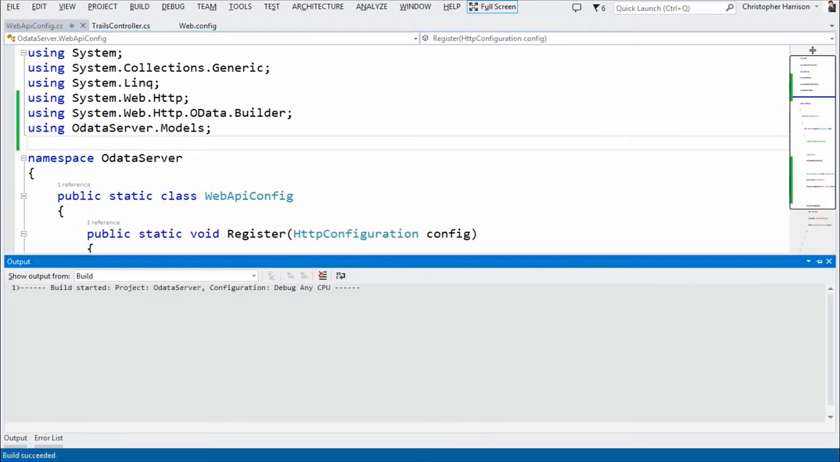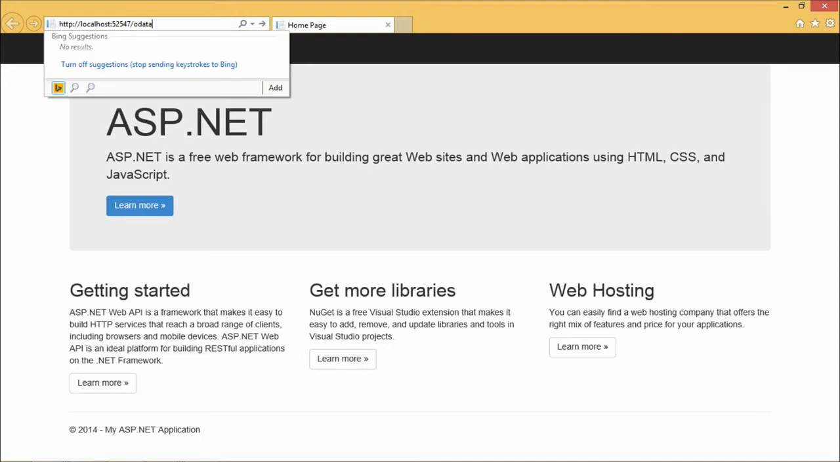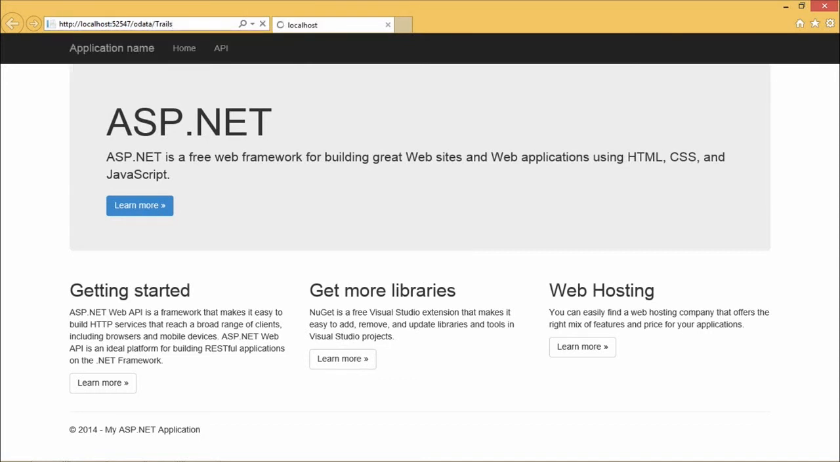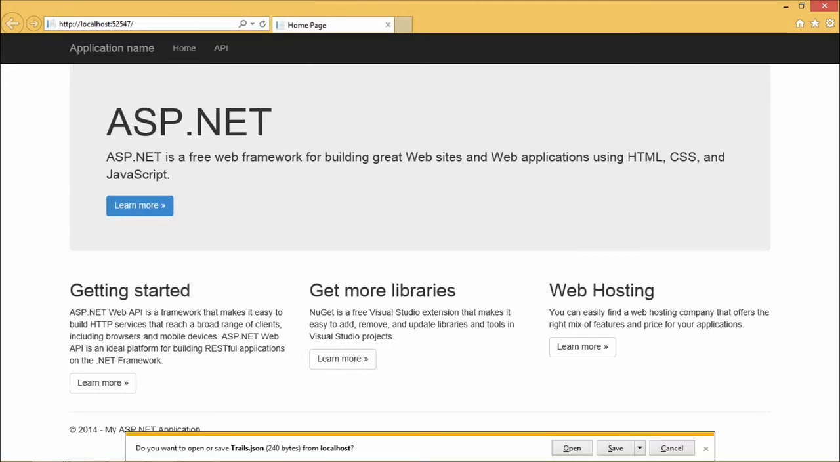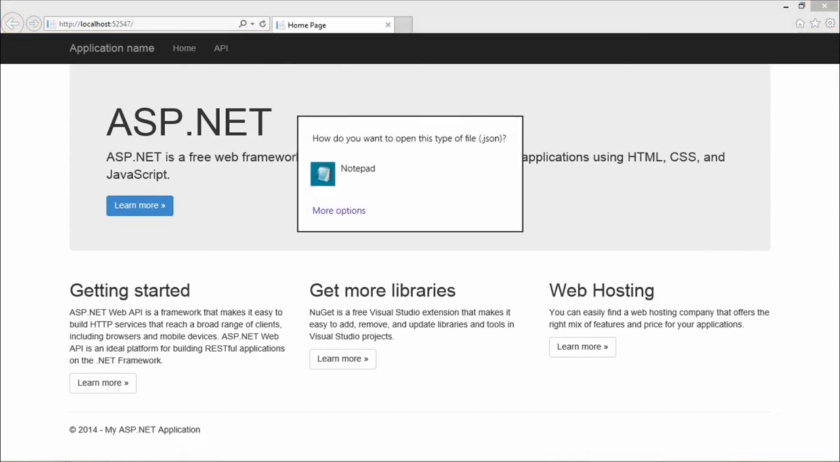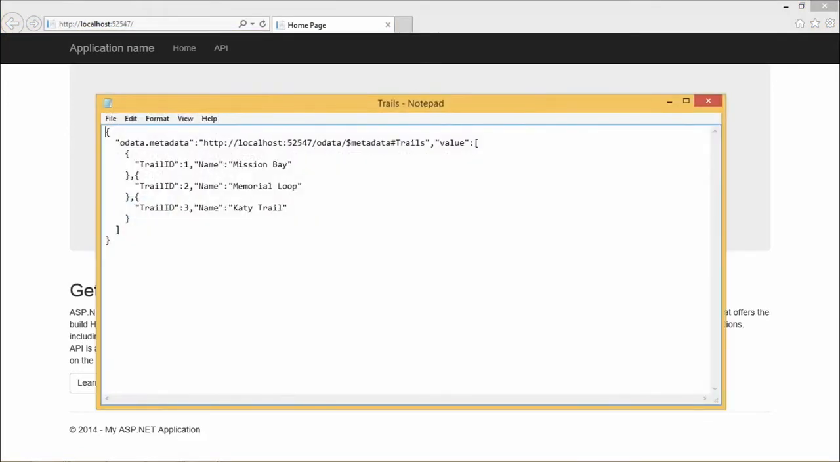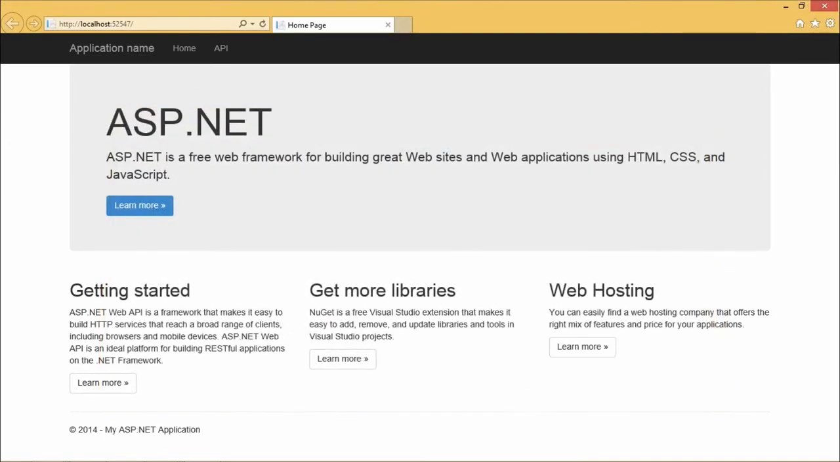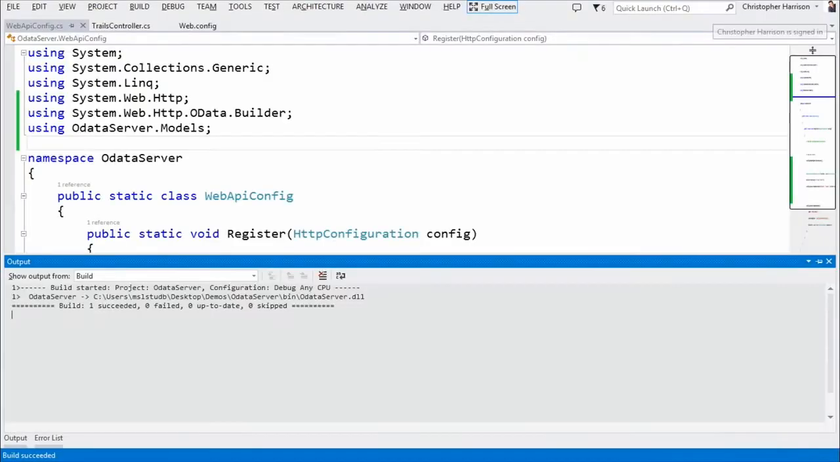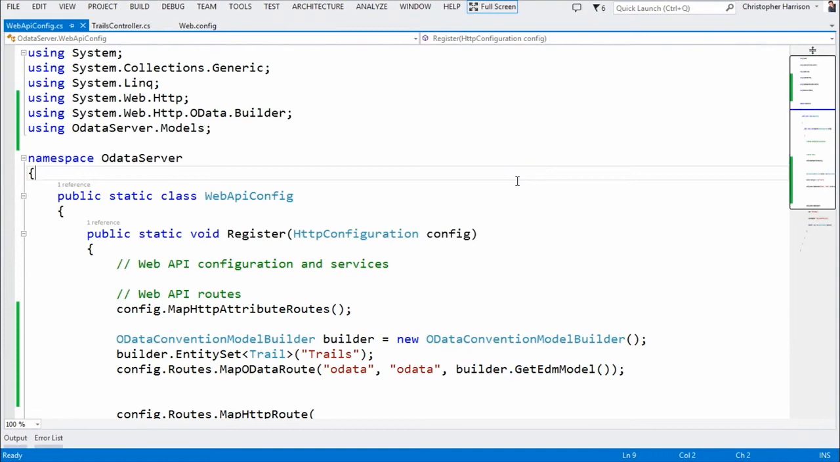So if I go in and fire this up, you're going to notice that I can now say OData Trails, hit enter. And you're going to notice, sure enough, I get JSON. And let me open that up in Notepad. And there is everything right there. And then I could also go in and start doing all my little queries and so forth if I was so inclined. But one of the biggest questions that has been asked in the chat window is